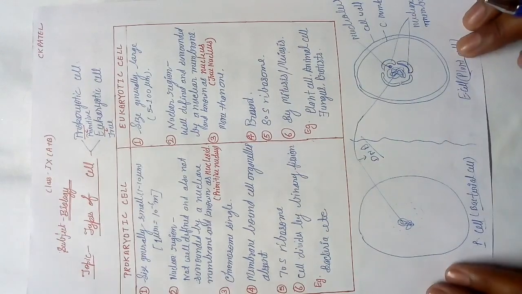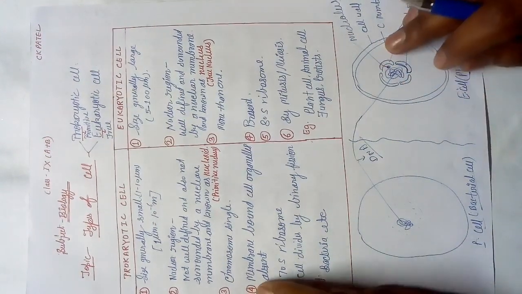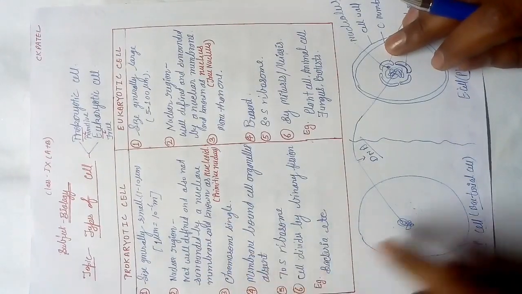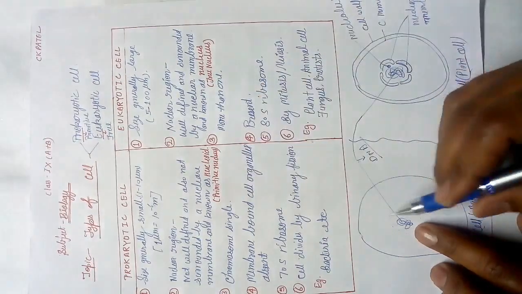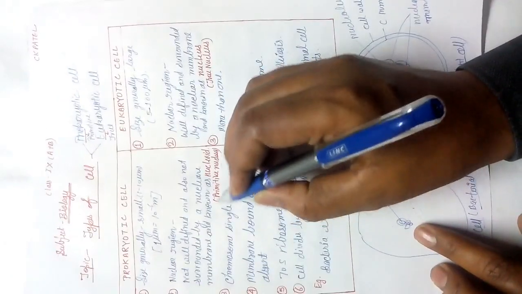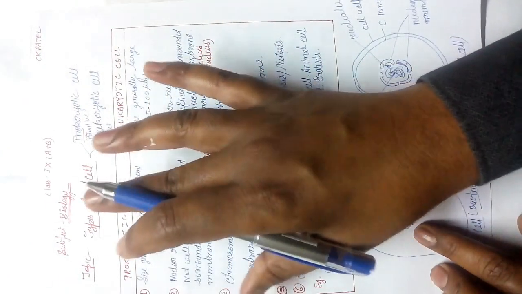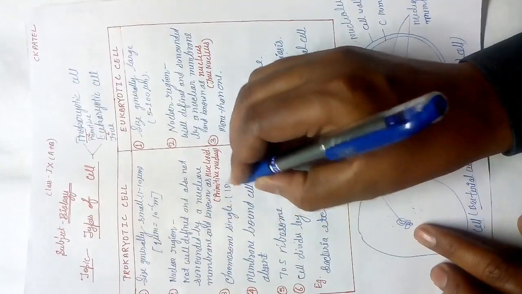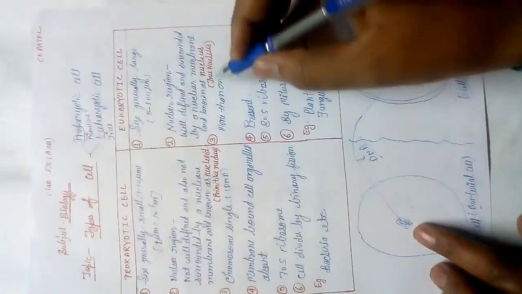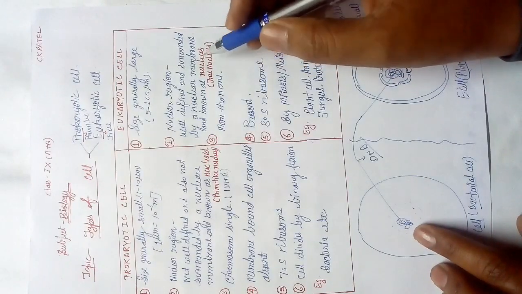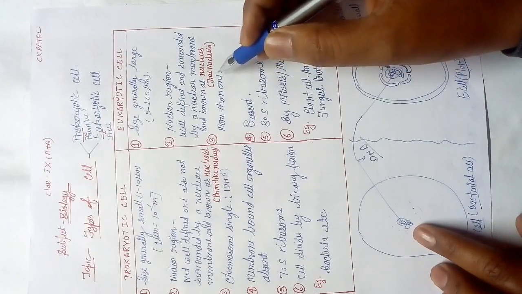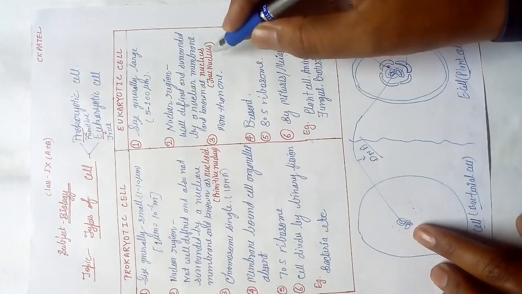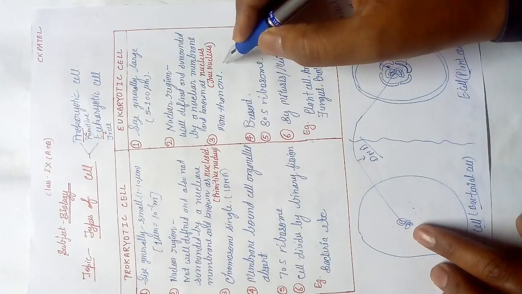Okay, next difference, chromosome: single. In other language it is also called one cell one DNA. This word is also used for it, one cell one DNA, and here more than one. The human cell is also made up of eukaryotic cells. And how many chromosomes are there? 46. How many chromosomes are there? 46.